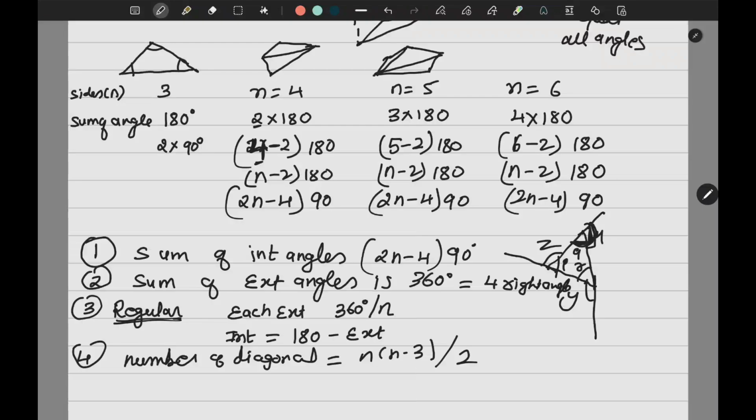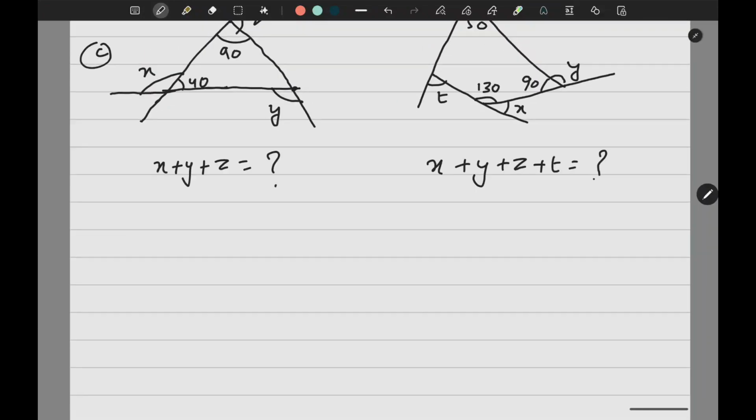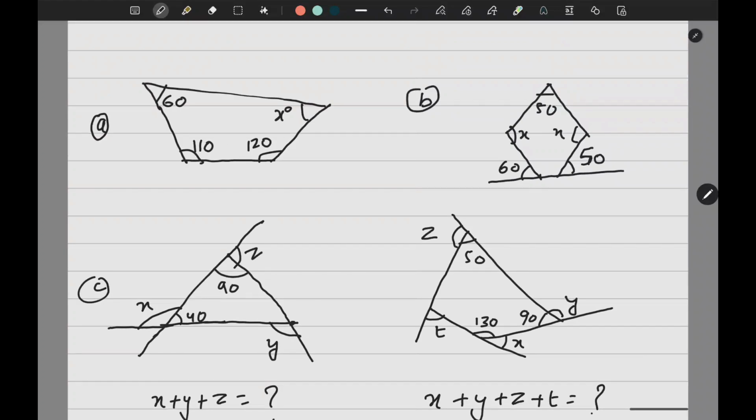Now, keeping this in mind, let us do a few questions quickly. I suggest all of you, when I show you the question, you pause the video. You solve the question and then you check your answers. Okay? So now, let us come to this one. Now look at this question. All of you pause and do it yourself, and then you switch on the video again and check your answers.